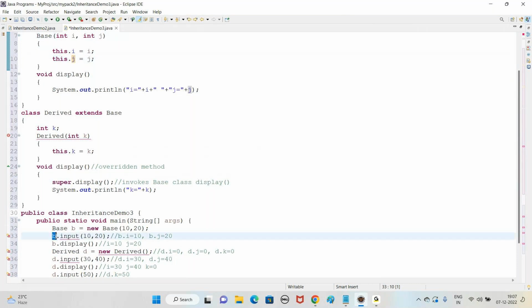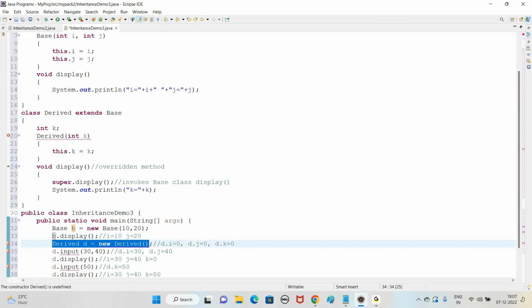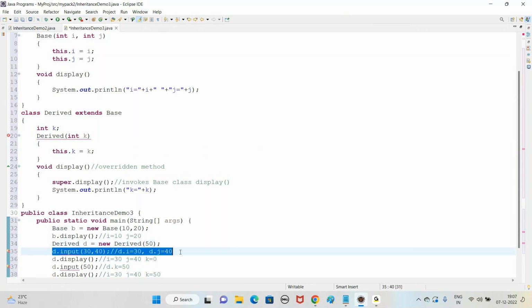Calling input is not required now. Then when we call the method b.display, it's going to display the values of i and j as 10 and 20. Coming to derived, when you create a derived class object, since the derived class constructor is taking one argument, let us pass the argument as 50. That means the value of k will now be 50. Now when you call d.display,